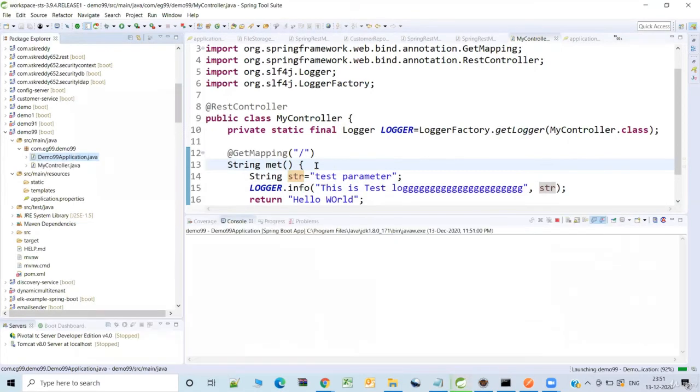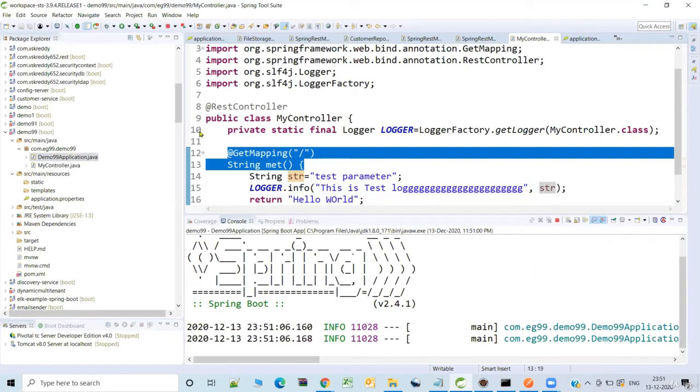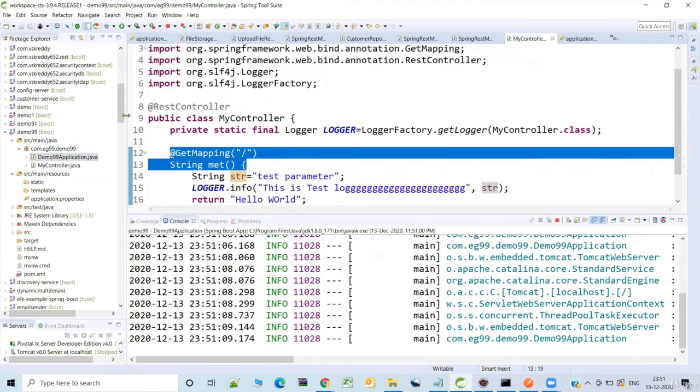And after that, I need to hit this REST endpoint. Then only I can see this, because I kept this log in this specific flow. It's not only in the REST controller, you can add it in any of the Spring Boot components, let it be in a service or in a repository or wherever required, even in the Spring Boot application, wherever you have the main method. So let it be anywhere.